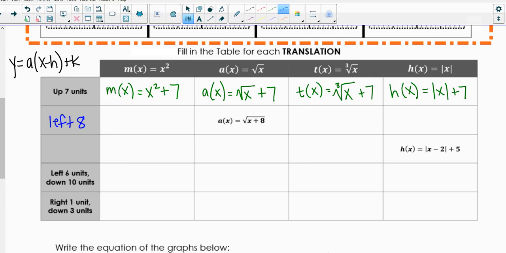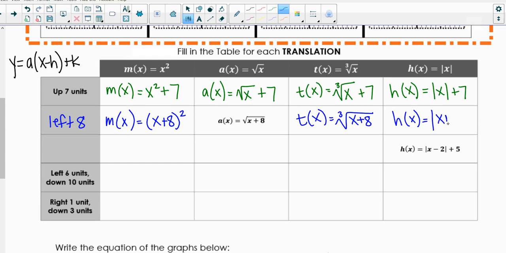So for all of these, m of x, because it's horizontal, we want it inside the parentheses: x plus 8 squared. And then we want t of x to be the cubed root of x plus 8, and h of x to be the absolute value of x plus